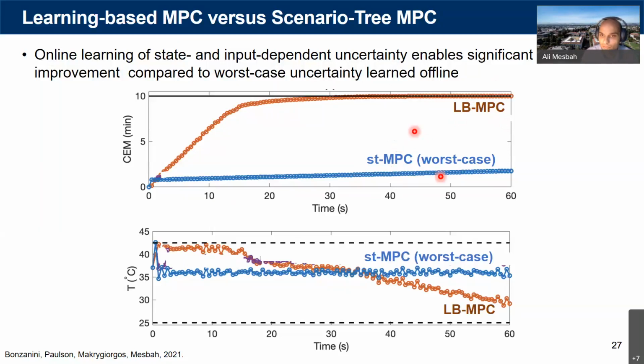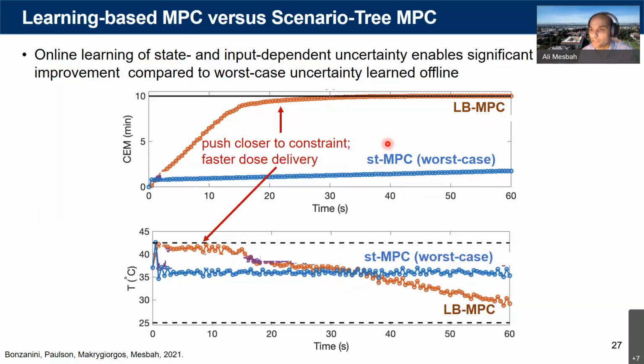And in the other case, the blue profiles, the scenario is based on the worst case description, so it's rigid. And really, this is what I meant by conservative performance of robust decision making. You can see that in the worst case algorithm, essentially, we would be able to deliver the desired amount of dose. But this is done in a very conservative manner, and it will take a much longer treatment time to deliver the desired amount of thermal dose to the surface.